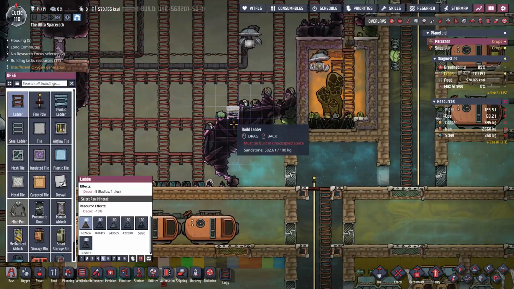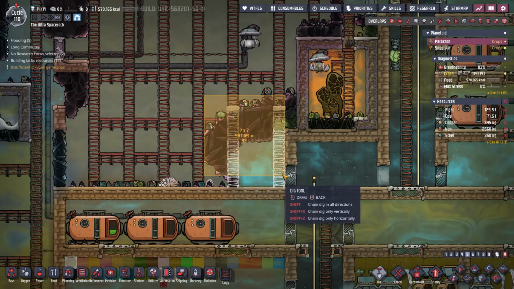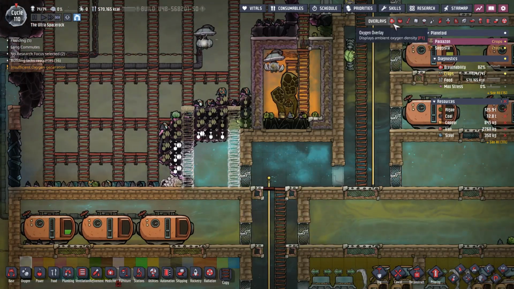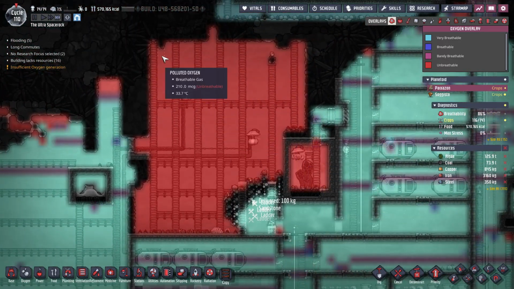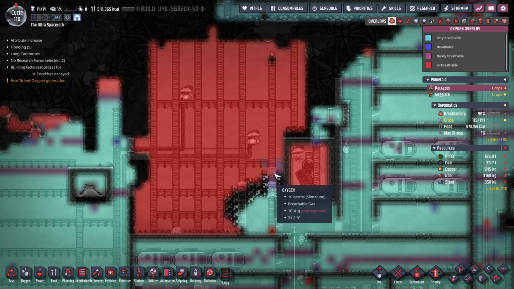So if we put that there and that there, and then say dig out all of that, what's going to happen is this oxygen here should very quickly, as soon as they make a hole, rush into this area, and this red should dramatically go in a direction out of it. So you can see here,